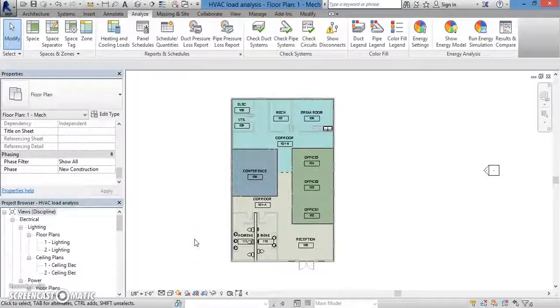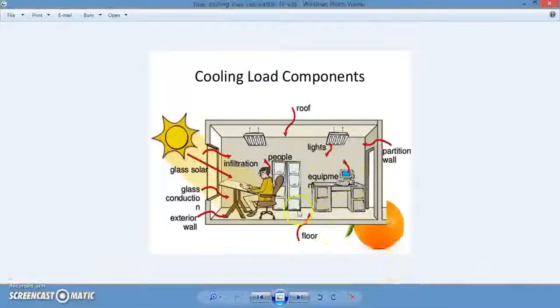Hey there. In this lesson, we're going to talk about how to define the heating and cooling loads of HVAC systems for any building. The first thing that I want to talk about here are the different types of loads for HVAC systems. There are two types of loads, internal and external, and I have some diagrams here to help illustrate them. This diagram shows you the different types of internal and external loads that will impact the heating and